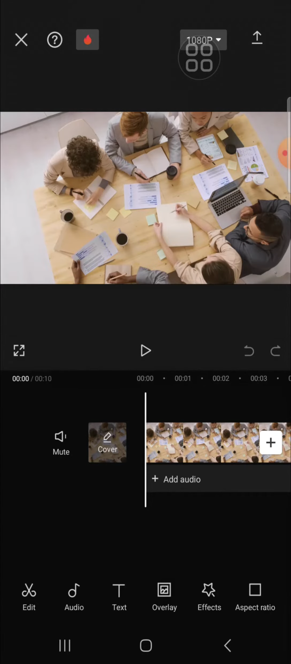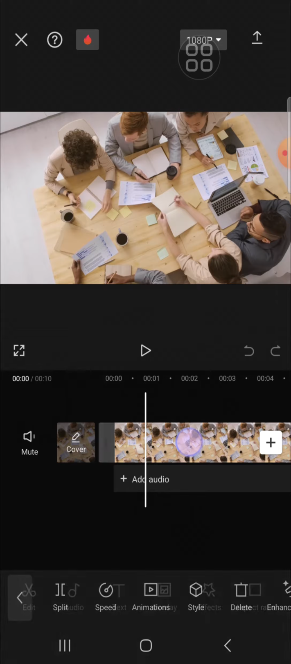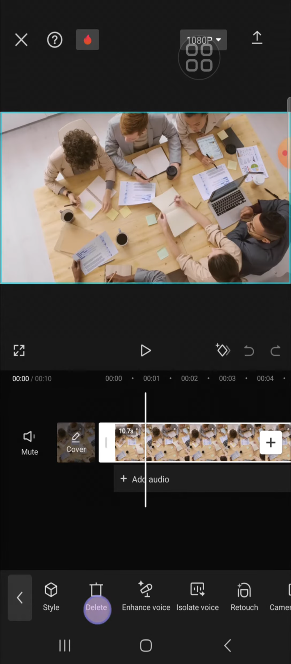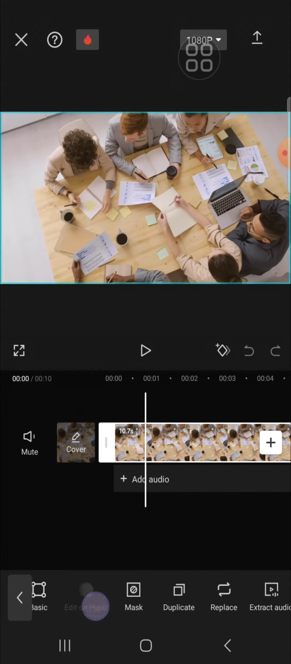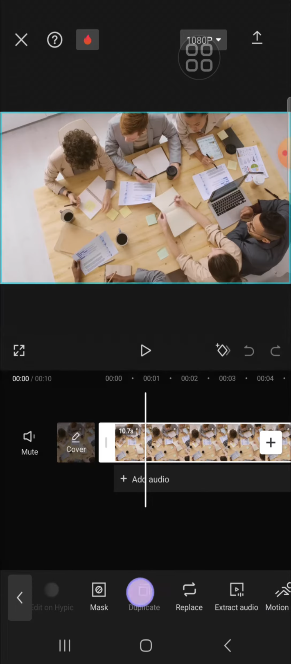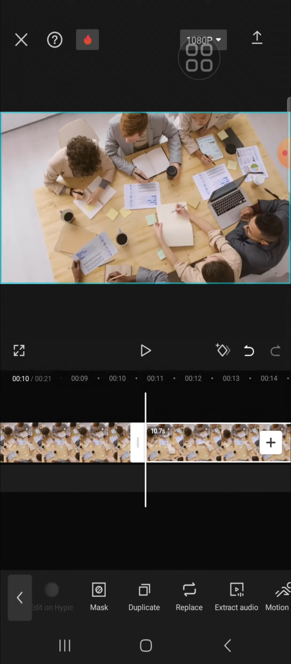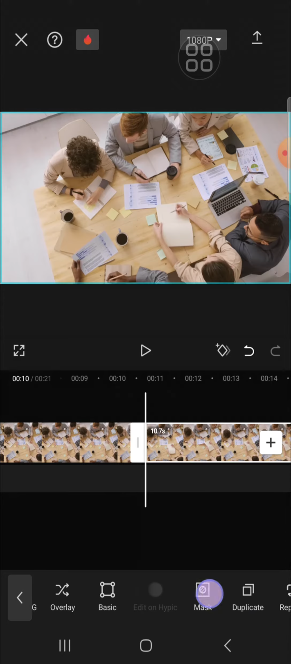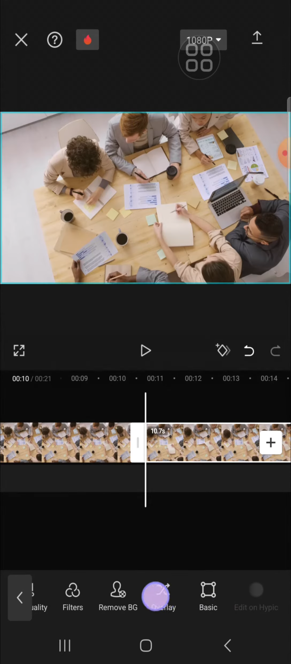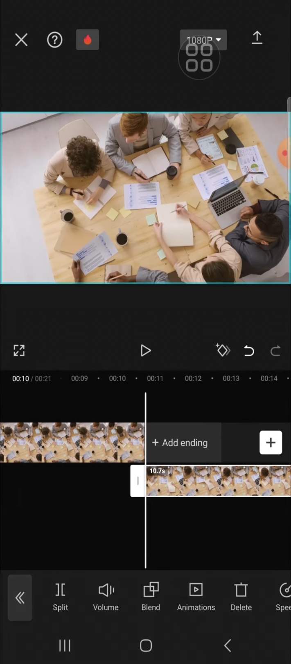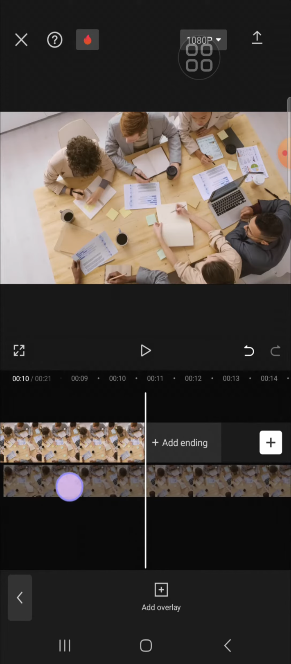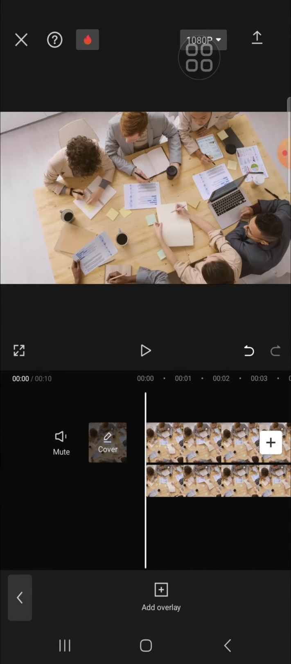And first of all, we can duplicate this clip. We can click on the clip, and we have to find the duplicate option. This one, click on this duplicate option, and now the clip has been duplicated and we're going to overlay it. We can click on this overlay, all right, and just drag the clip like this, and we're going to put